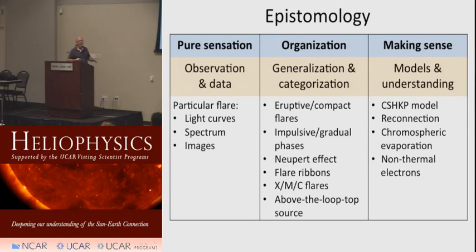Much respect for the people who take data, it's just taking data, right? You have to sort of organize the data, and that's where we get a lot of our jargon and terminology. You basically take these observations and you generalize them, you categorize them, you make up terms for them. Eruptive flare versus compact flare, impulsive phase versus gradual phase, right? Does everyone agree? You start to hear these things and you're like, what does that mean? I've never heard that term before. Or even if you've heard it, you're like, I think I'm using the term eruptive flare differently than my colleague is. Okay, so there's a lot of effort that goes into this category here,